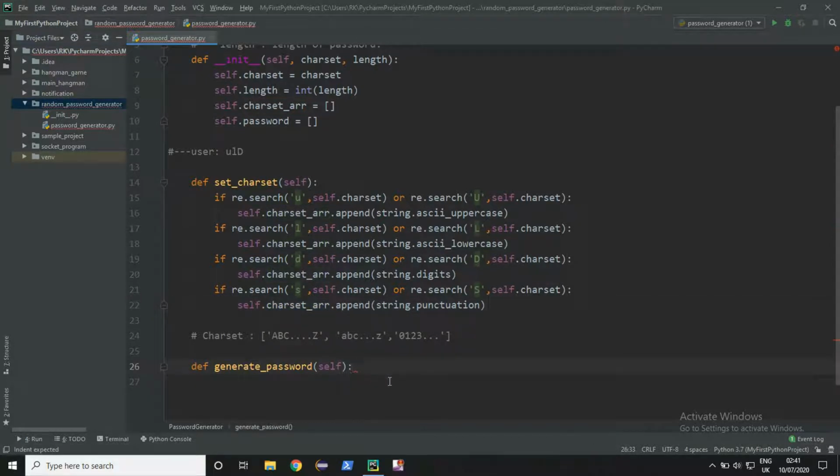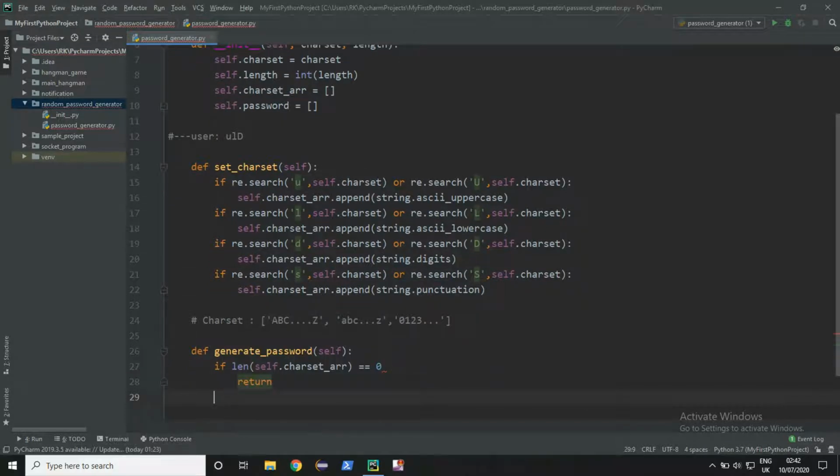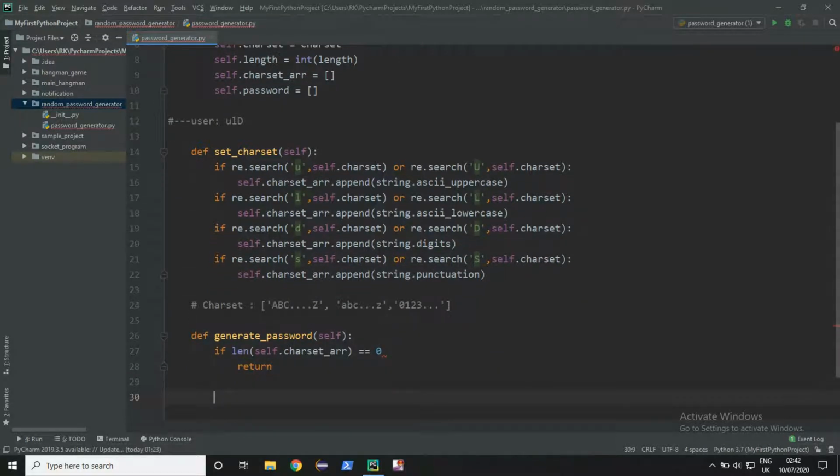If it's 0, that means there is no charset in the array. If length of charset array equals 0, return, otherwise